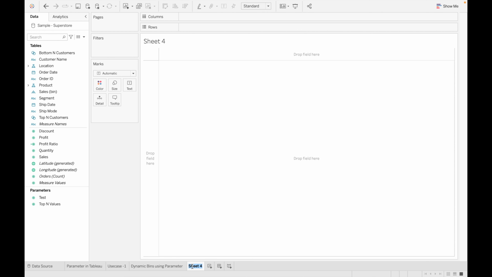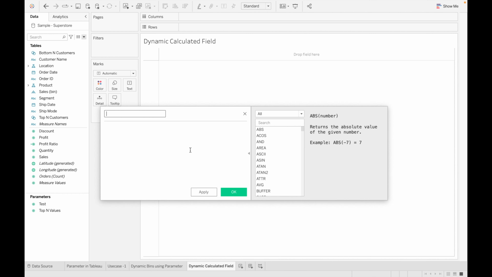Okay, now let's create a dynamic calculated field. For this, let's create a calculated field. Rename it sales is greater than question mark, because we don't know how much sales we are using for our parameter. If sum of sales, so now rather than giving a static value, we'll use our parameter to make it dynamic. So if sum of sales is greater than the value in the parameter, then